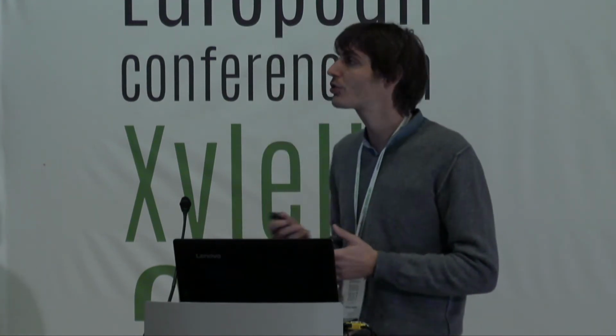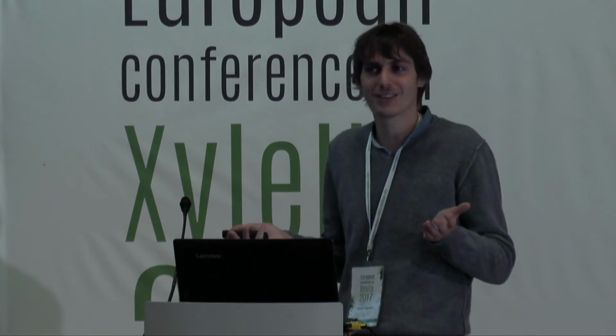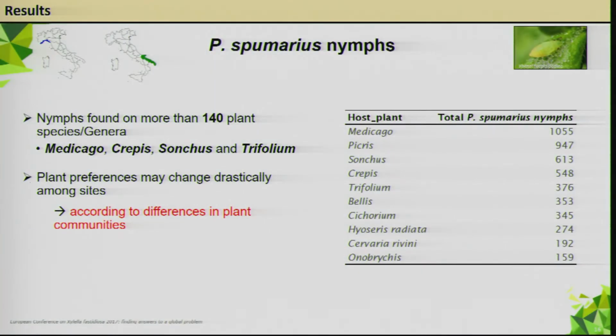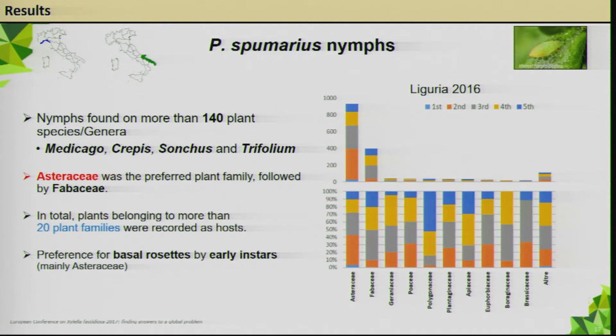So Philaenus tends to go on plants that it can find, obviously, and if it doesn't find a plant, it really easily switches to another plant species. So it's difficult to generalize. So it's also useful to